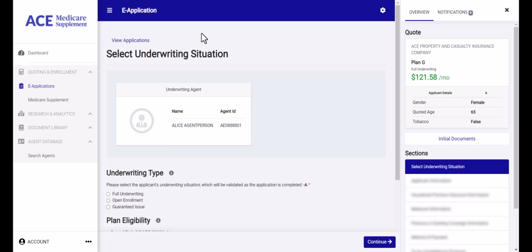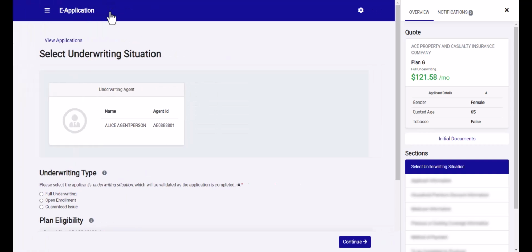Let's run through a quick navigation of the e-application platform. To make your screen bigger, you can always click on the 3 horizontal lines where it says Navigation, and that will give you a little bit more screen space. Over on the far right-hand side, you have your Overview and your Notification section. Your Overview section is going to include your quote as well as the premium and the applicant information like gender,